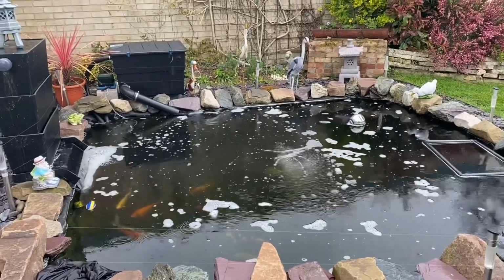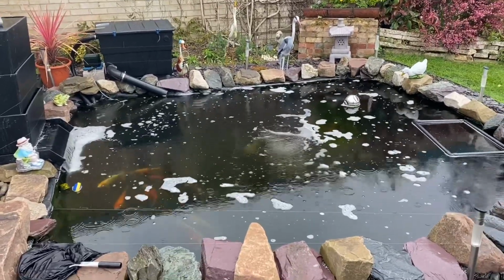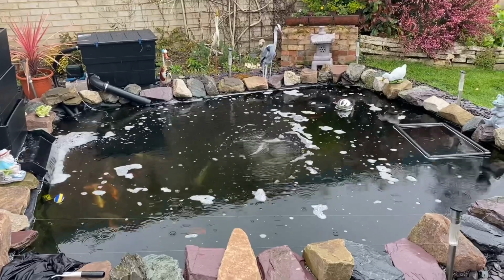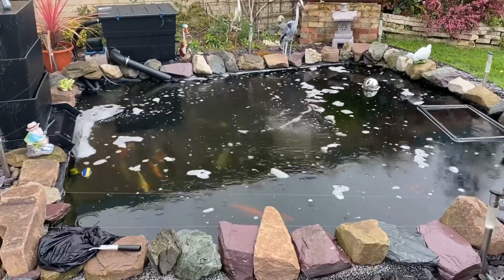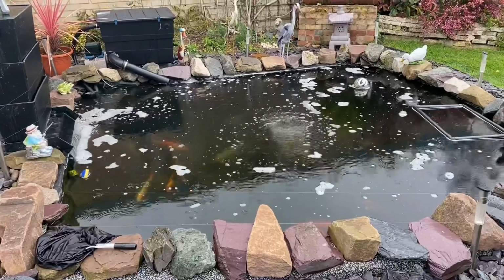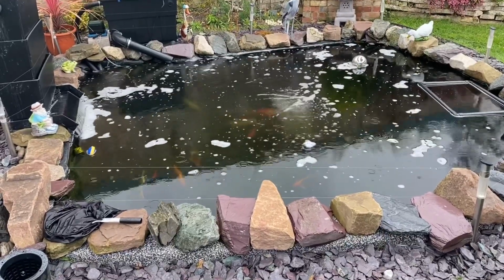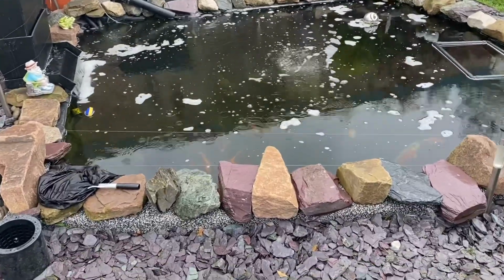Well, good Saturday afternoon. Bit of foam on the water, but that's because the skimmer's out at the minute, so it's not been collecting it up. Facebook is such a dangerous thing. King's Lynn Koi put on Facebook last night that they had a koi sale on today. I resisted the urge till midday, but in the end the 10-minute drive was just too tempting, so I drove up there